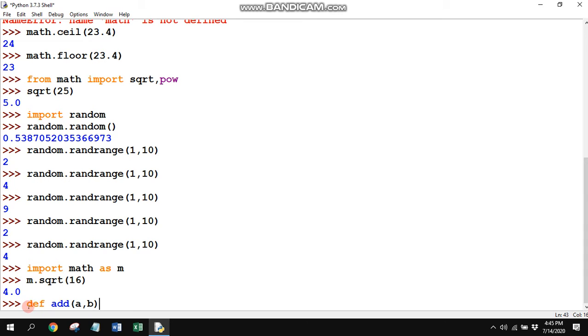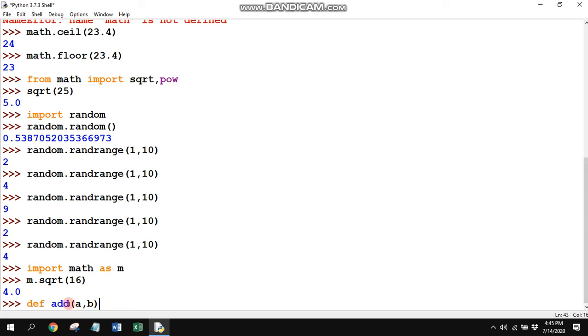When we define any function, it starts with the def keyword and then an identifier, the name of the function. Suppose we want to write the code for addition, we will write the name accordingly, add or addition.